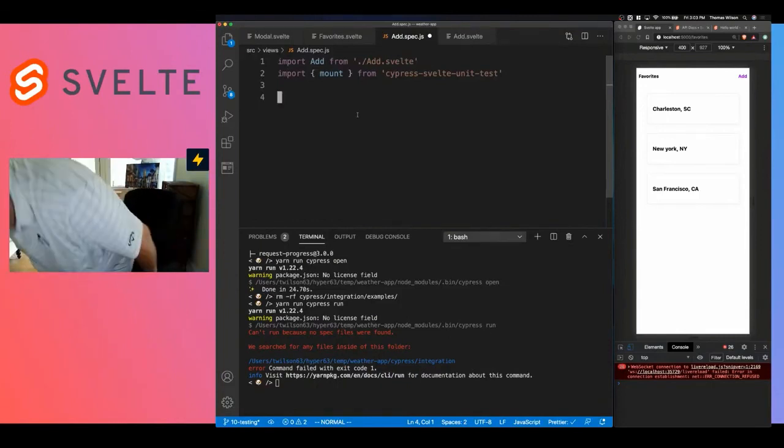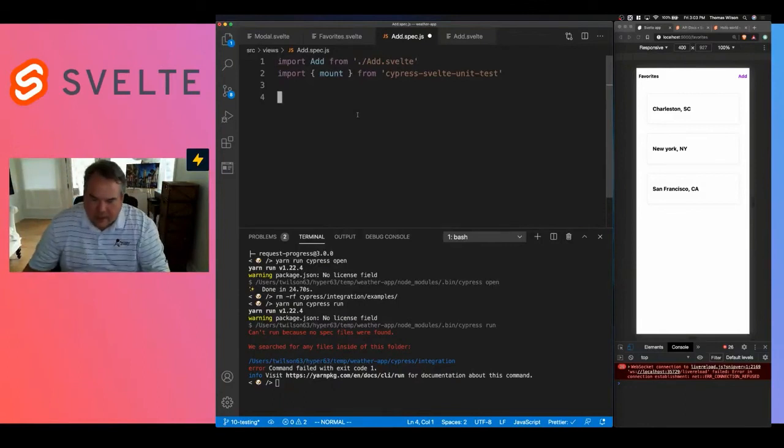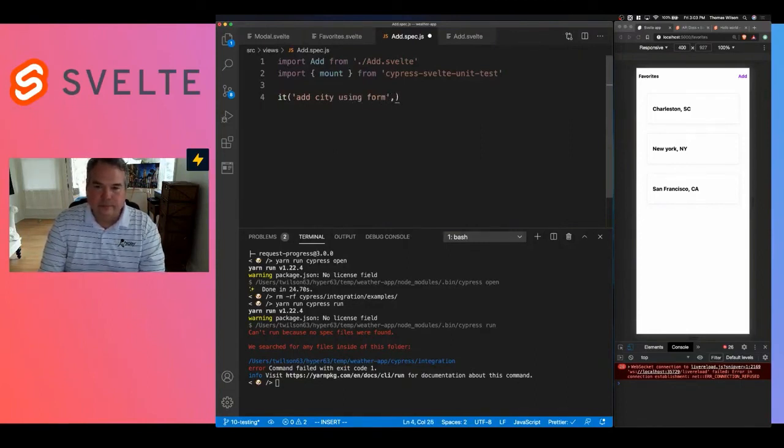And so with Cypress, you can use the describe it kind of spec syntax, and we're just going to call the it function, and we're just going to give it a description, and then we give it a function, and then we want to mount our component. So we're going to mount the add component,